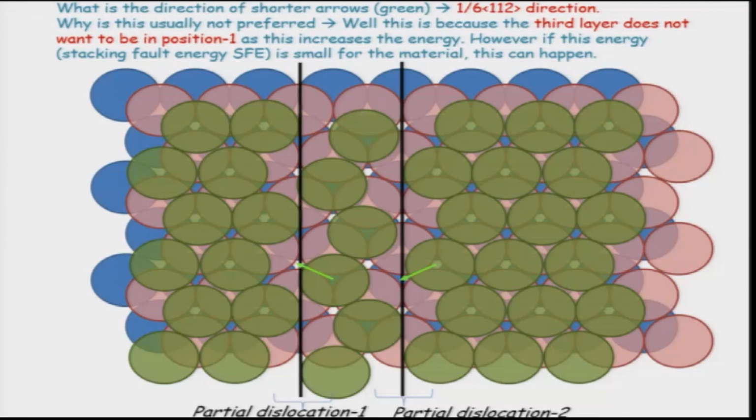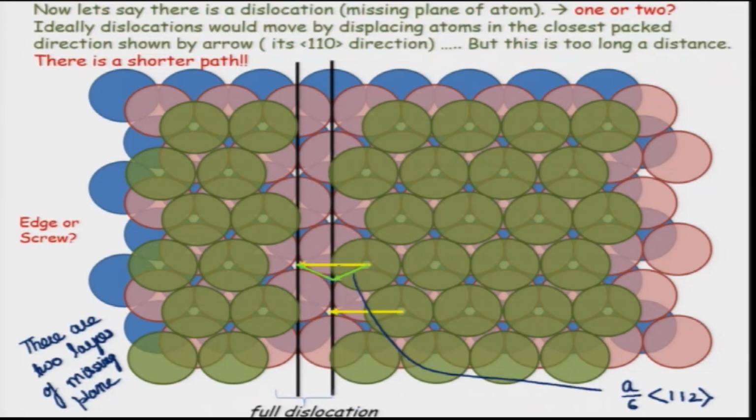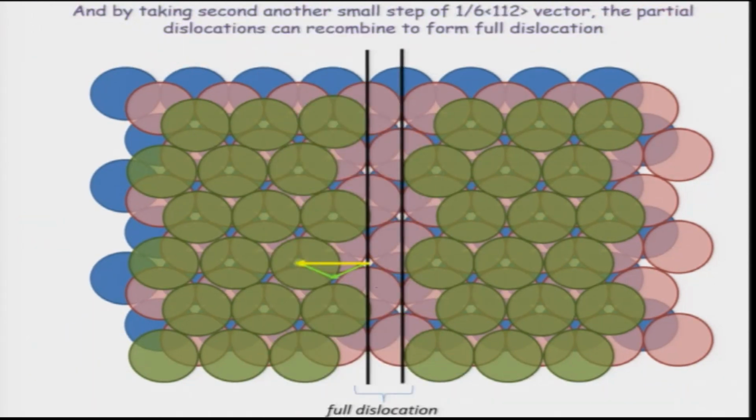So, now in a way, what we were calling two planes together for the extra half plane have now dissociated. They have come into two parts, and this is what we can define as partial dislocation. So, the Burgers vector for this partial dislocation would be this one. Similarly, the Burgers vector for this partial dislocation would be this one, and when these two come together, we have this as the Burgers vector of the full dislocation. So, here I showed that it can move back, and then you have completely displaced the extra half plane or the missing layer by one atomic distance.